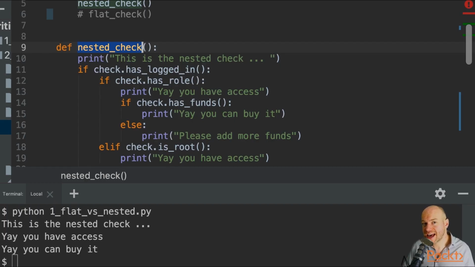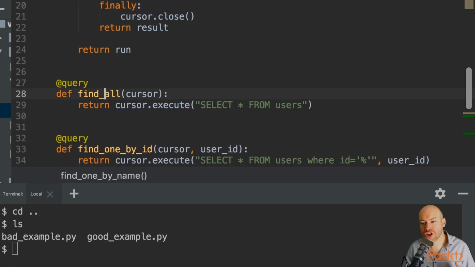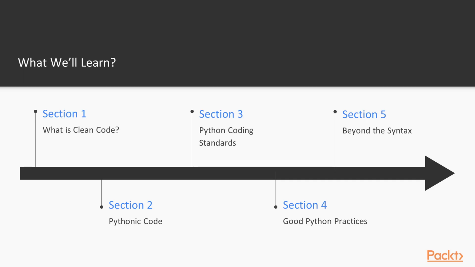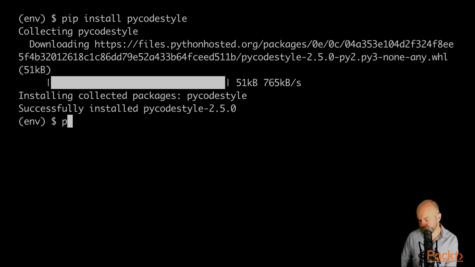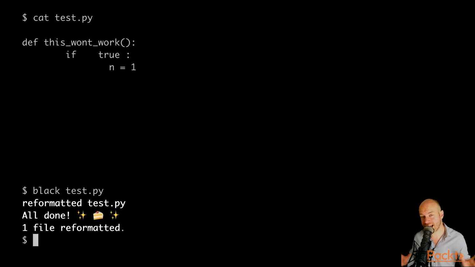In this section, I demonstrate complicated examples and how to simplify those examples using Pythonic features, such as decorators and context managers. In the third section, I discuss Python coding standards and how to follow Python enhancement proposals, or PEPs. I also demonstrate how to use tools such as PyCode Style and Black to ensure that our code is clean